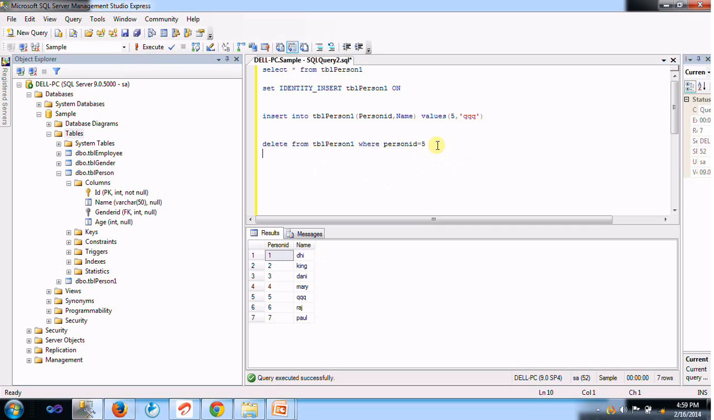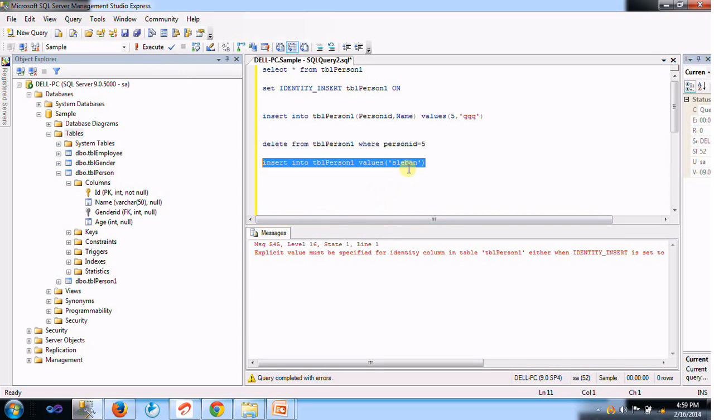And from now, if you insert a new record, insert into tbl_person1 values, and the new column name is Sliman. Okay, and if you try to insert into your table, it will say an error because your identity insert is set to on. So just change this on to off and execute these queries,